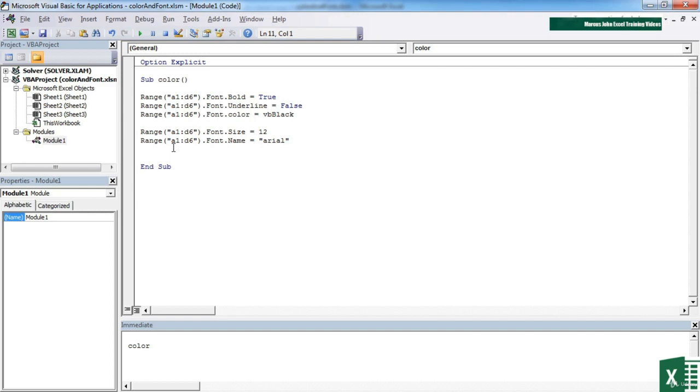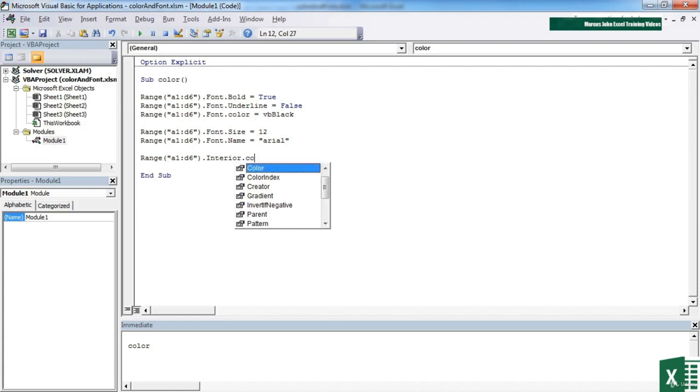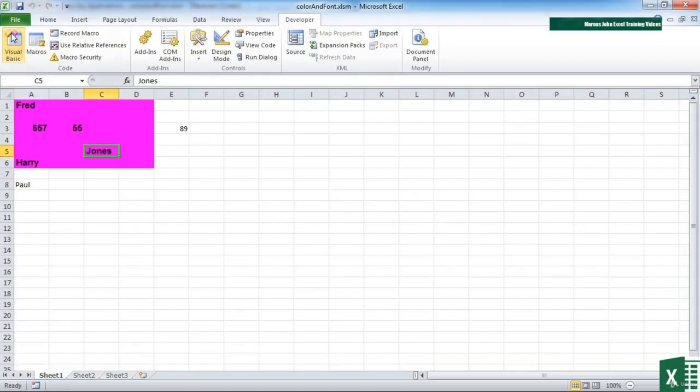Now we can also control the background color. So if we take our same range, this time we're not interested in changing the font. We want to change what the VBA refers to as the interior. And of the interior, we want to change the color. And then that equals, here we could use one of our VB constants. So we could choose VB magenta. Run. And you can see the background color, the interior, as far as the VBA is concerned, changes to the